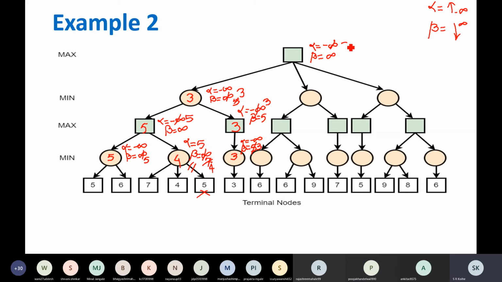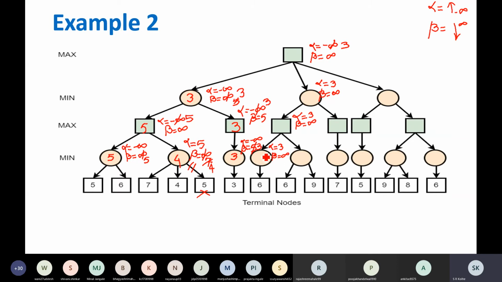So value of alpha will be 3 here. Copy these values down. Alpha is 3, beta is infinity. Here also you can copy. Come down. Alpha is 3, beta is infinity.